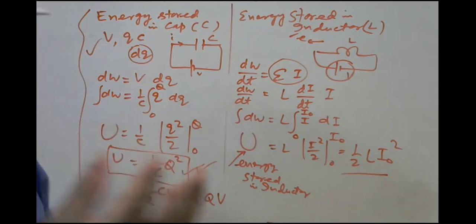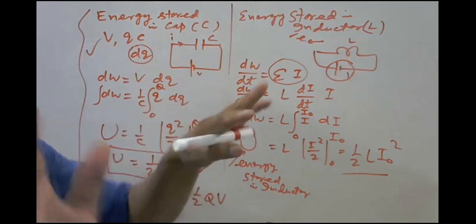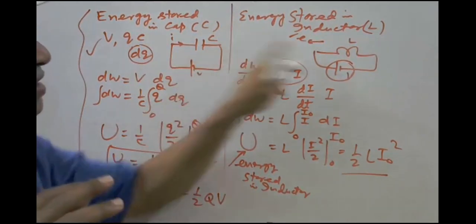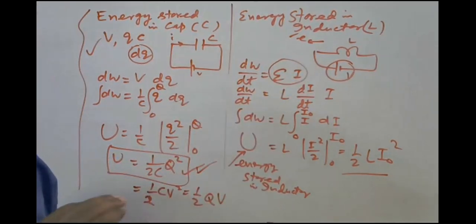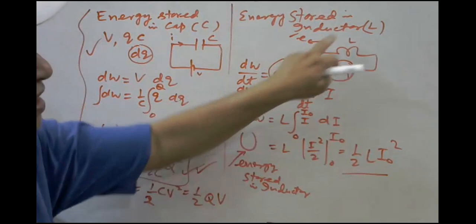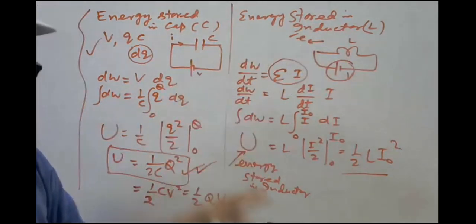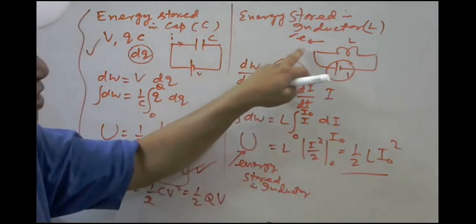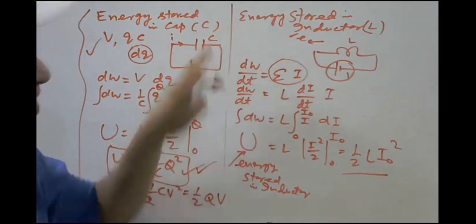If you connect the inductor here and remove the battery, and suppose L and C are both ideal, there is no energy loss. Why am I saying L and C have no energy loss? Because there is no resistance, both are in ideal condition. Can you recall? Can anybody tell why there is no loss in an inductor and a capacitor?